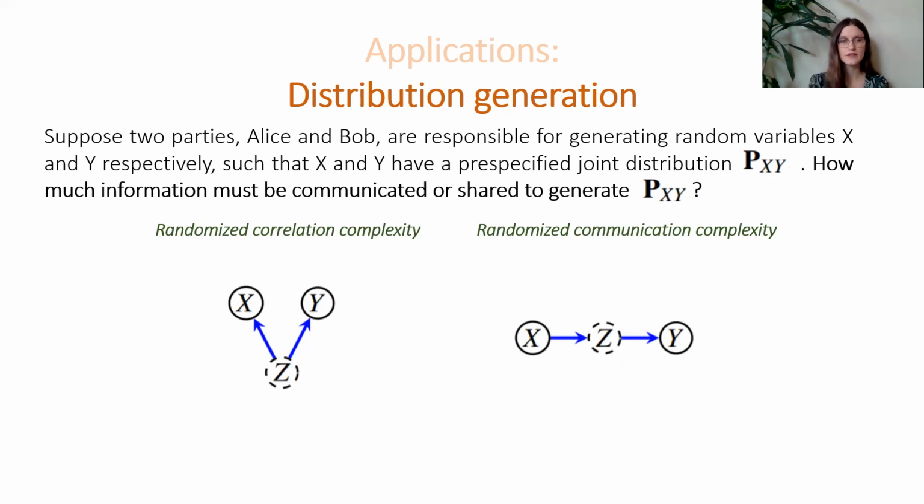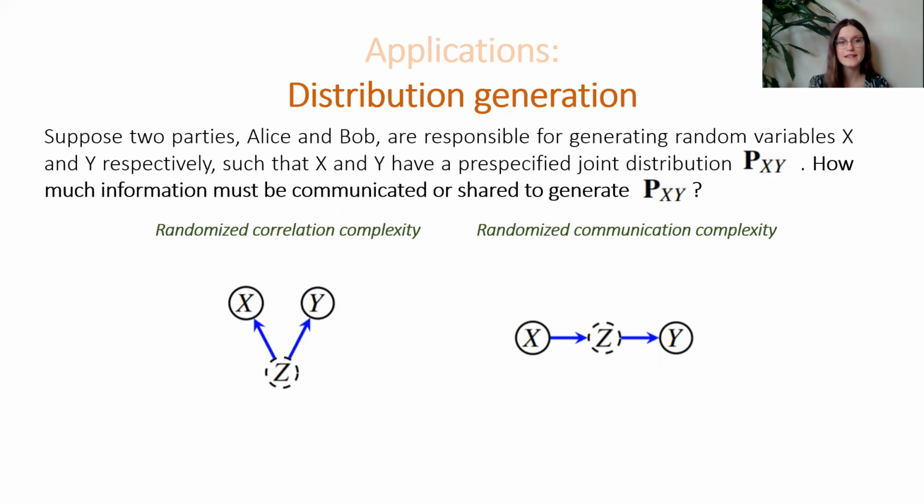Both of these values, the randomized correlation complexity and randomized communication complexity, are known to be characterized by the non-negative rank, but usually you need a little bit more calculation to show that, and it's not that easy. But you can see that using the corollary that we showed here is actually very straightforward. You just have to notice that in both of these scenarios, when we represent them causally, as I did here,